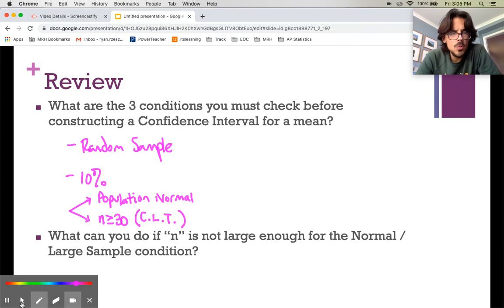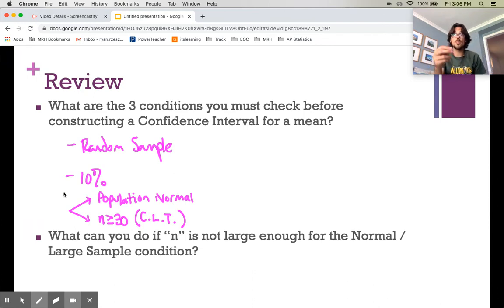So, in review of why we check each of these conditions, remember that we do a random sample to make sure that we don't have sampling bias in our data. The 10% condition ensures that our picks are approximately independent when we sample without replacement. That allows us to calculate our standard deviation. And then this last condition right here is what makes sure the t distribution that we end up using is